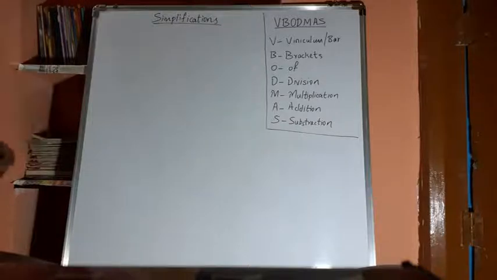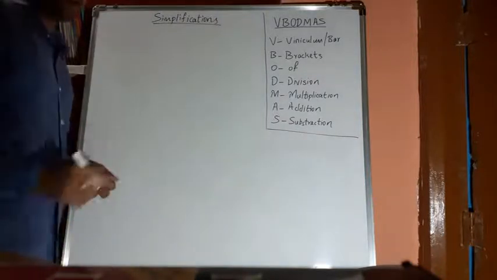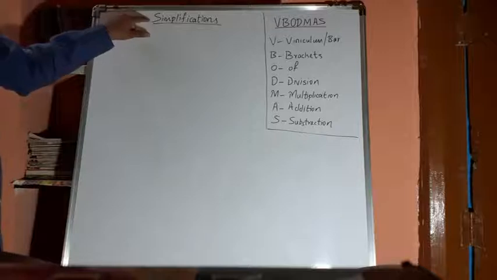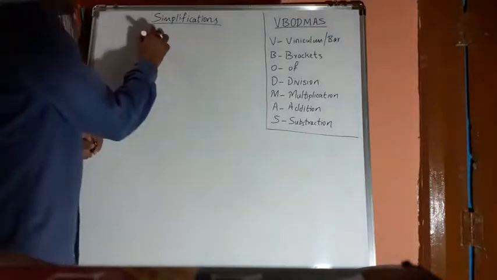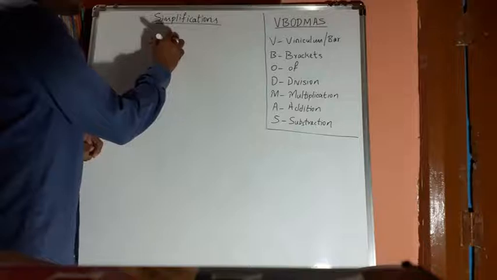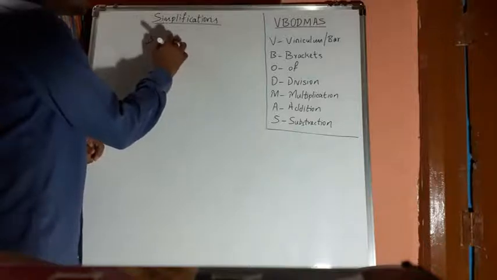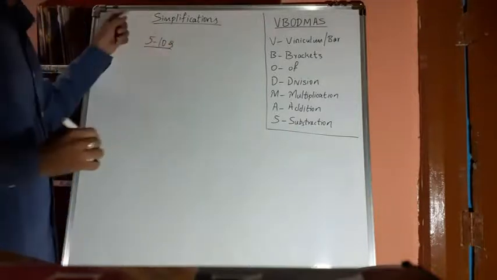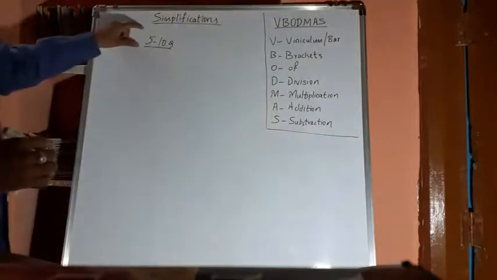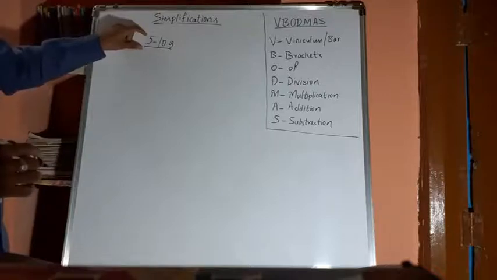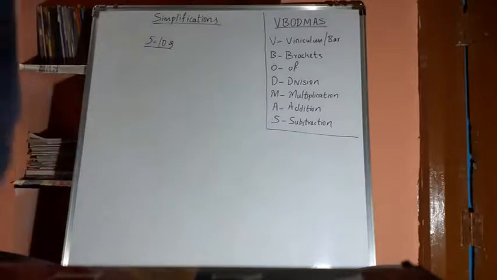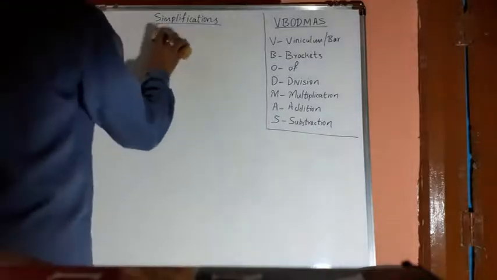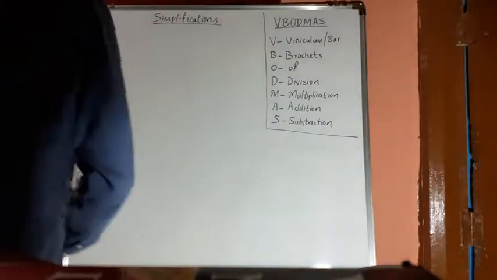So why I have chosen this means in some of the examinations, more weightage will be given for the simplifications. Like if you consider a bank examination, in the prelims they will ask around 5 to 10 questions on this section itself, where you can score complete 5 to 10 marks. So let us start. Let us not waste too much time here. Let us start the actual topic.